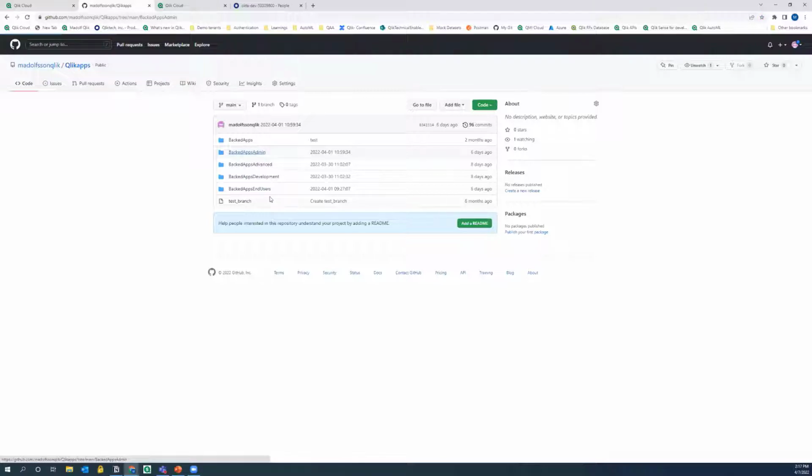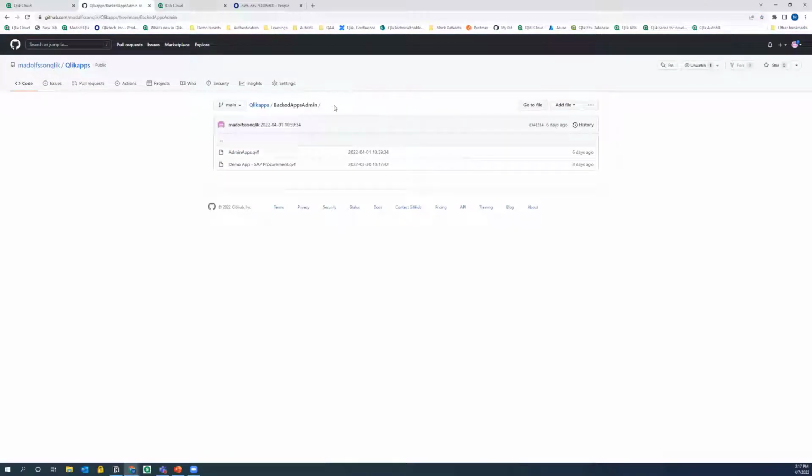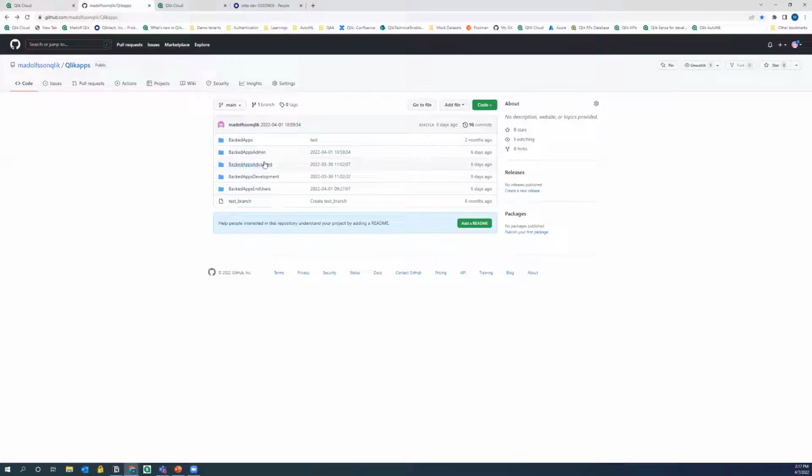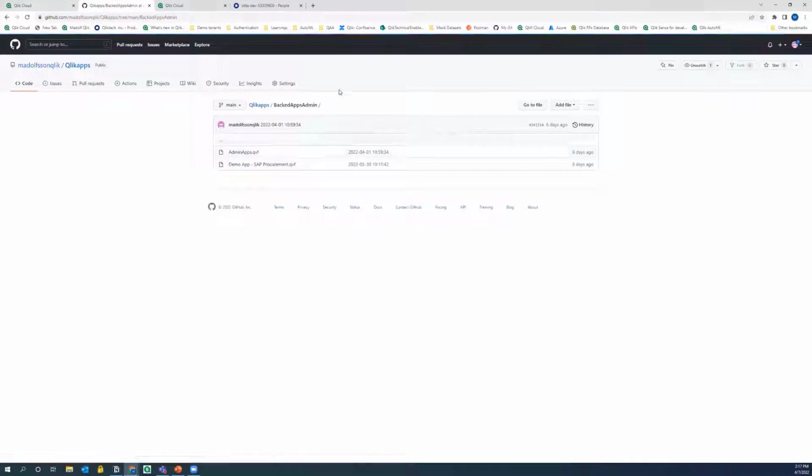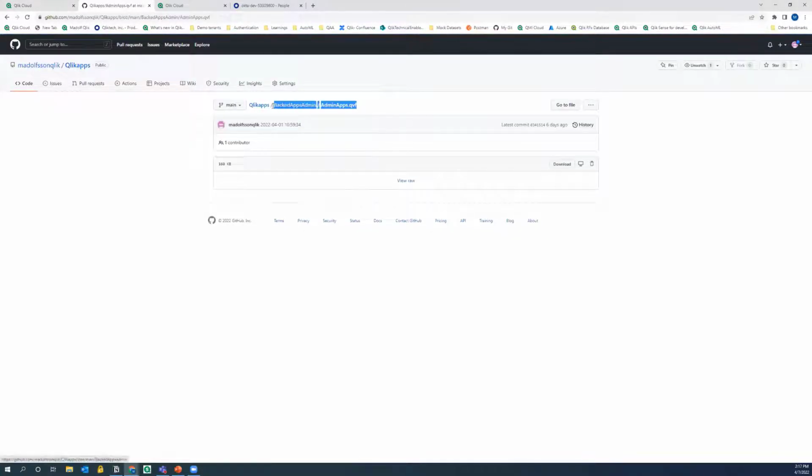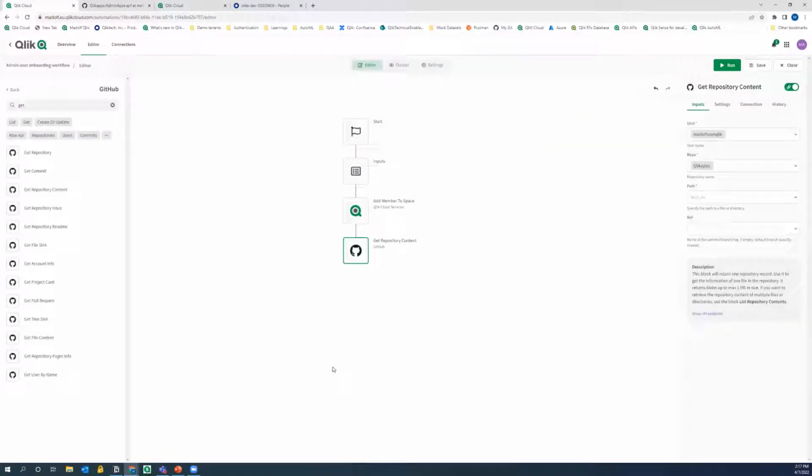So I'll go ahead into my repo and see here that I'll do admin. So I'll just copy and paste that. There we go. And put this here in my path. So now it's going to automatically go look into the repository content, pull that content, and give me an input